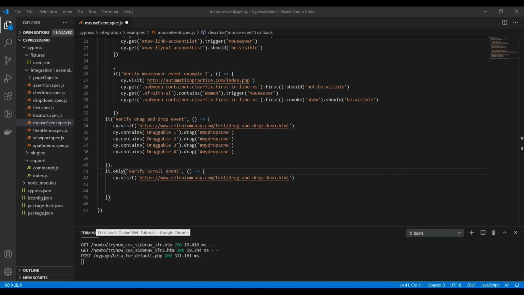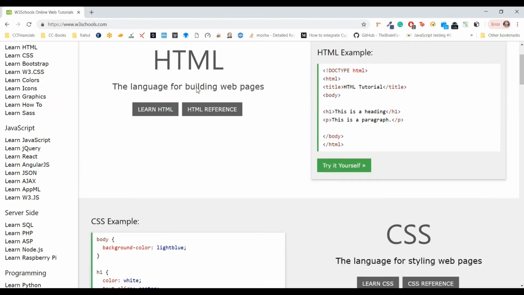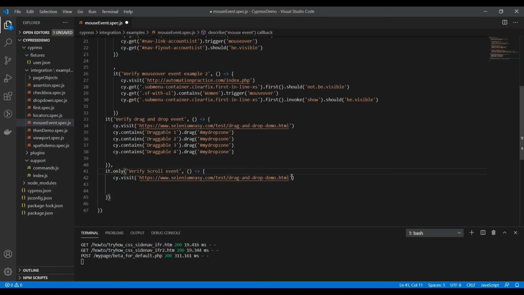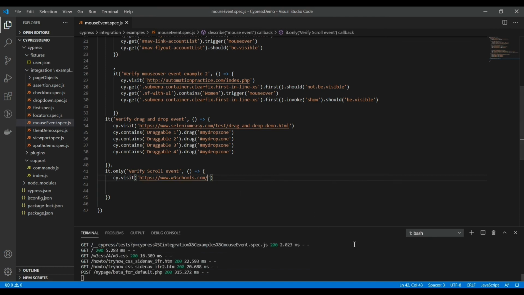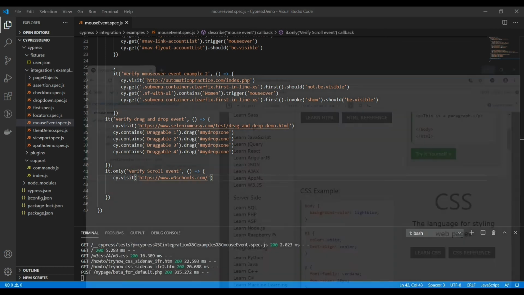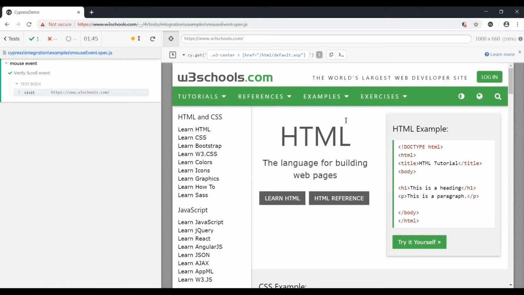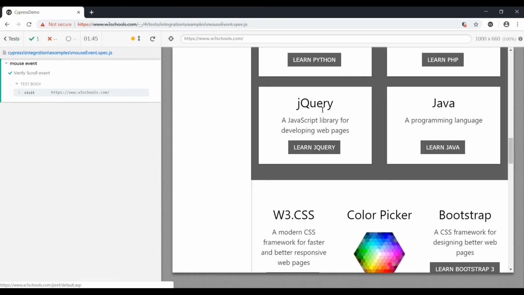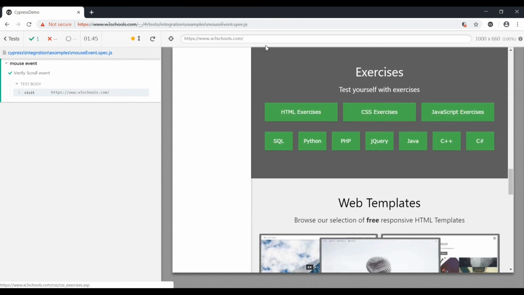I'm gonna use w3schools.com, and I'll try to scroll to the footer part maybe. So let's just add the visit statement and save the test case. Yeah, so once the website is loaded, we will try to scroll to this CSS exercise part.